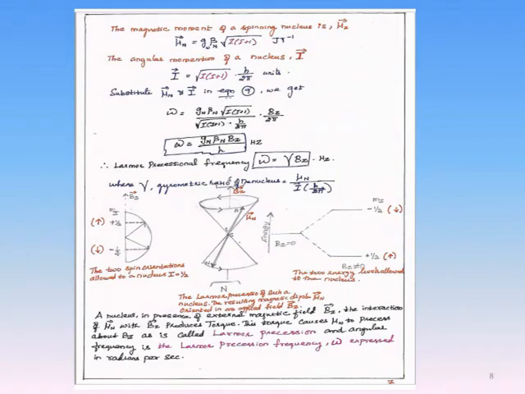The magnetic moment of a spinning nucleus, mu vector, is equal to Gn beta n square root of I into I plus 1 joule per Tesla, and the angular momentum of a nucleus, I vector, is equal to square root of I into I plus 1 into h by 2 pi. When we substitute both these terms in the Larmor frequency expression, we get Gn beta n square root of I into I plus 1 divided by square root of I into I plus 1 into h by 2 pi, dot Bz divided by 2 pi. Then, cancelling the terms in the numerator and the denominator, the final expression omega is equal to Gn beta n Bz divided by h, in hertz, is obtained.